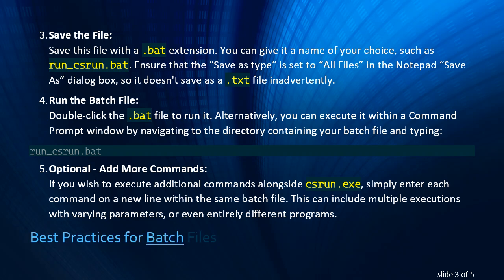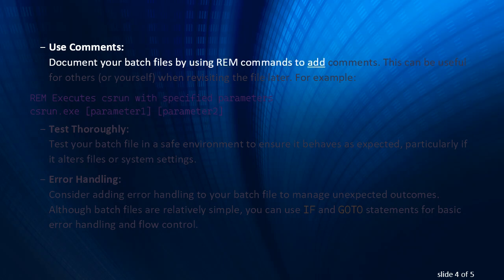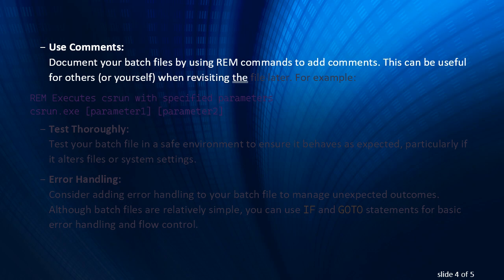Best practices for batch files. Use comments. Document your batch files by using rem commands to add comments. This can be useful for others, or yourself, when revisiting the file later. For example,